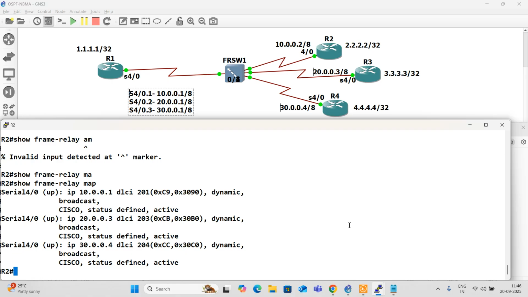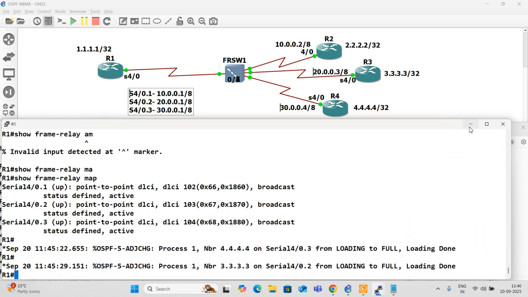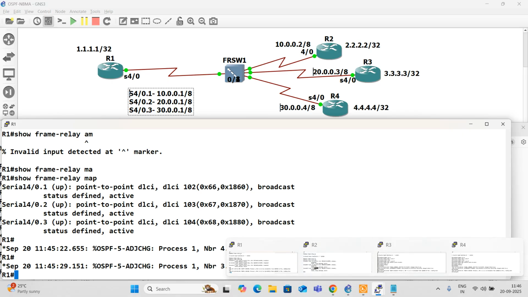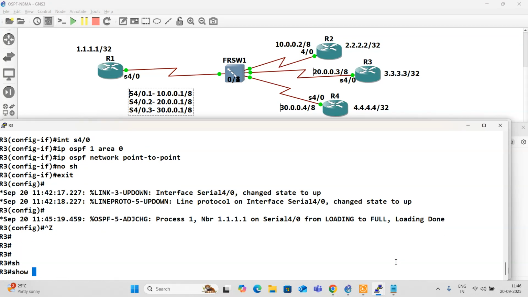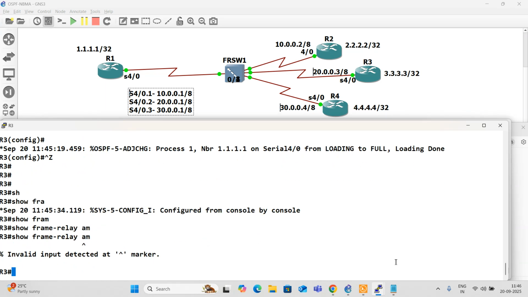We have map and you see the newly added IP address is already discovered by frame relay, and I'm expecting similar thing on router 3 as well. Show frame relay map.